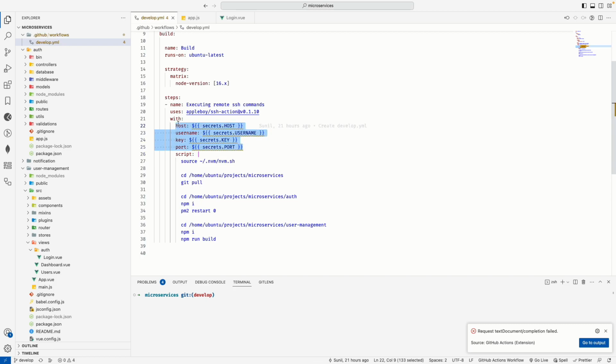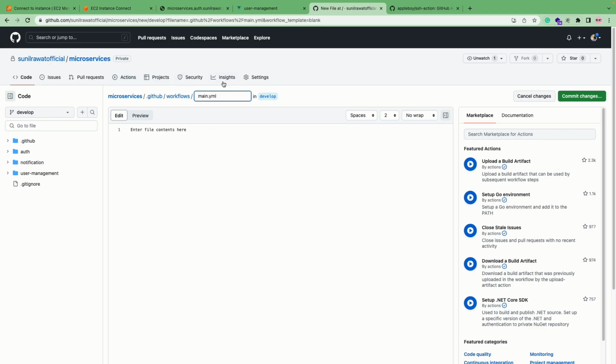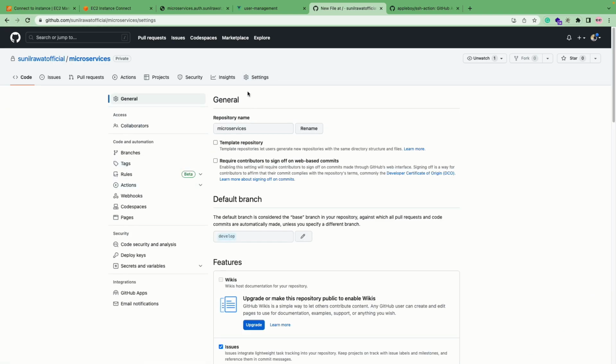And these variables are stored in your repository as environment variables. So let me show you that. How you can set your environment variables for appleboy-ssh. You just need to click on settings. After that you need to click on secrets and variables. Remember, whatever you define here will get reflected only in this repository. All right, now if you click on actions,